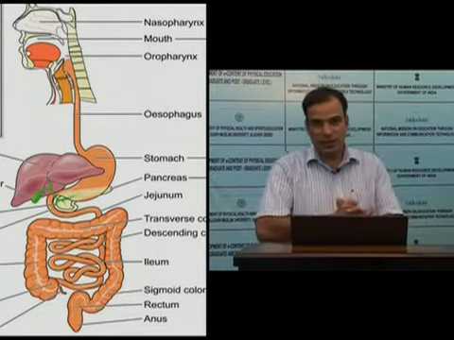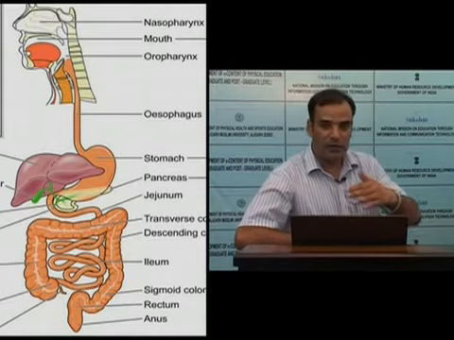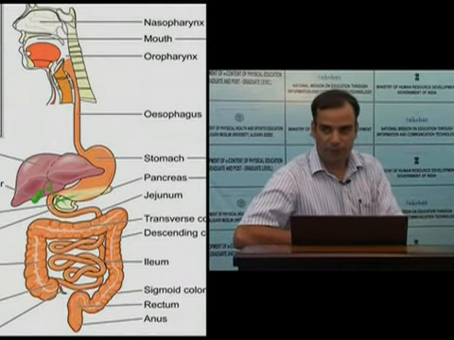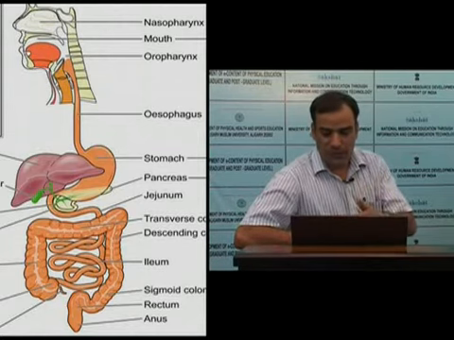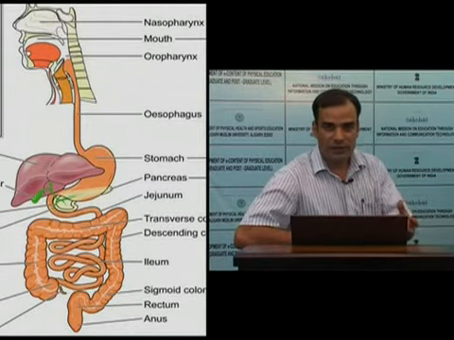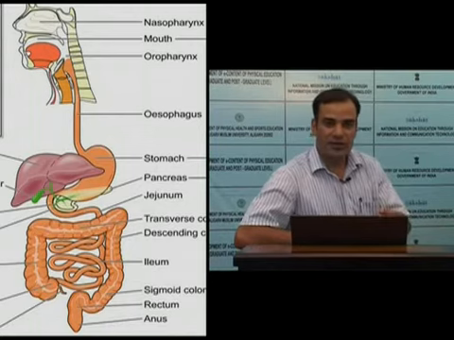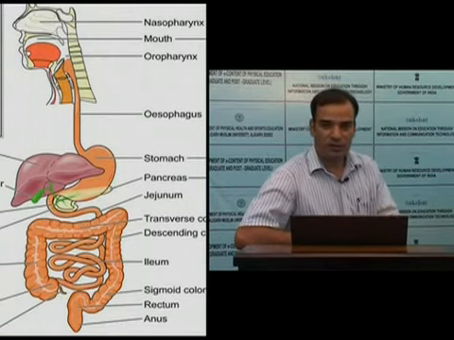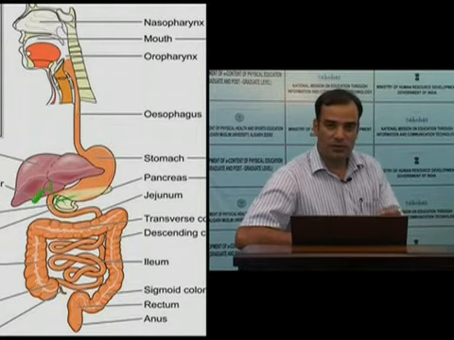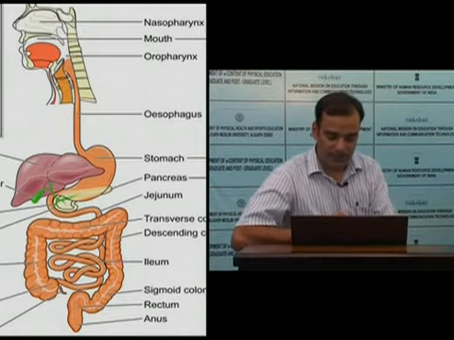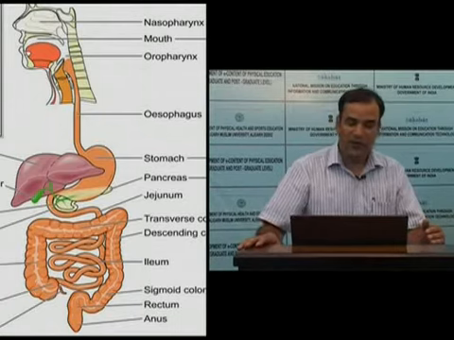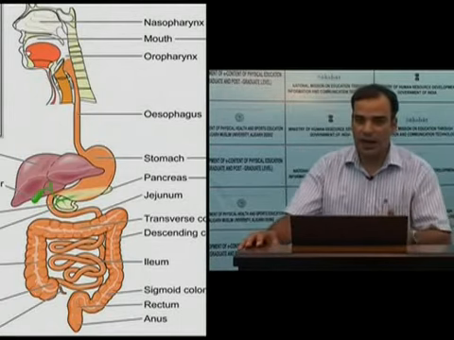Now, the secretions according to function can also be divided into two groups, digestive secretions and protective secretions. In the protective secretions, we have only one secretion, that is mucus, which is secreted throughout the GIT from the mouth to the anus, both by single cell glands called goblet cells and also by compound mucus glands. The digestive secretions that are secreted in the GIT are various enzymes, acid and bile.